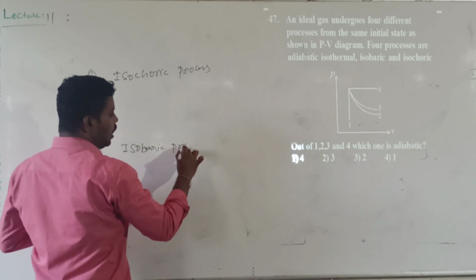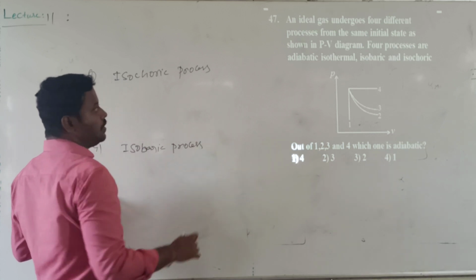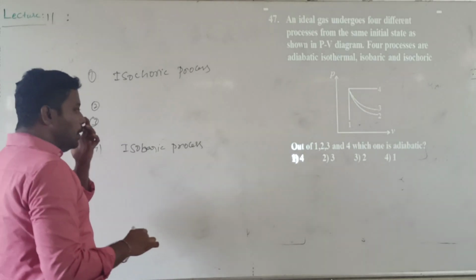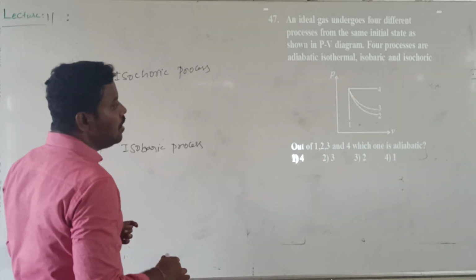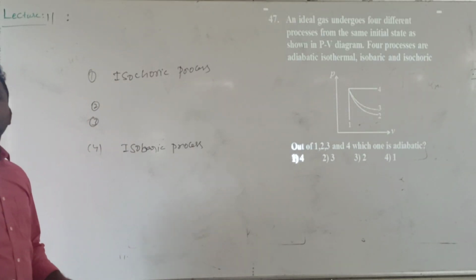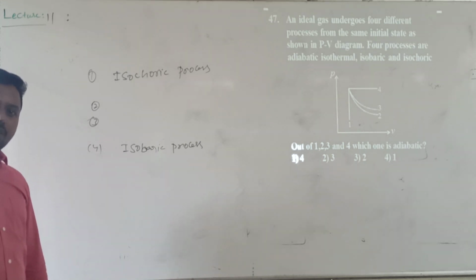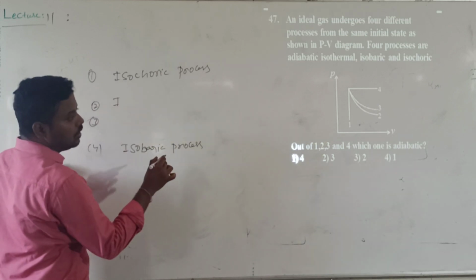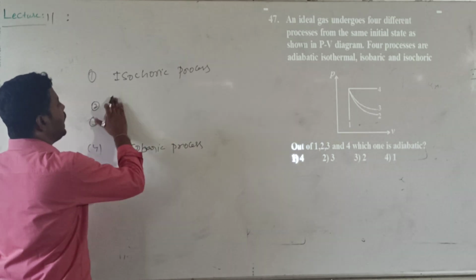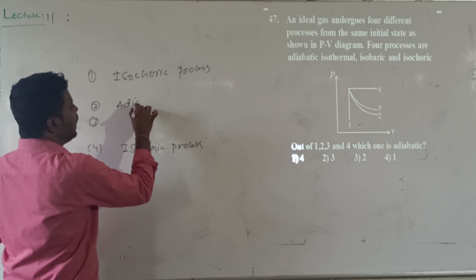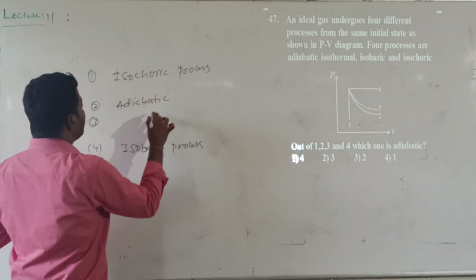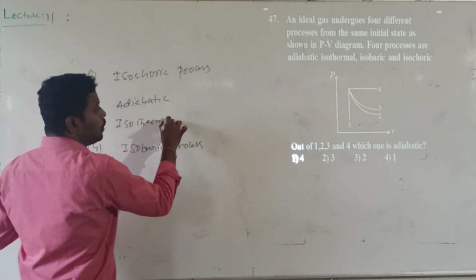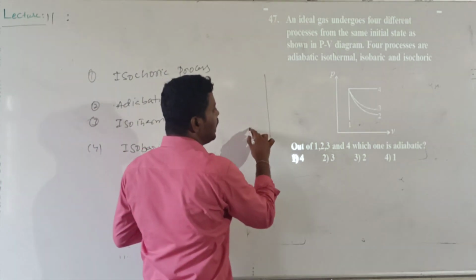Now the only doubt is between isothermal and adiabatic, the second one or the third one. You know that during expansion, isothermal is steeper... then which one is adiabatic? So the second one is for adiabatic, and the third one is for isothermal. The only problem is with the isothermal and adiabatic.